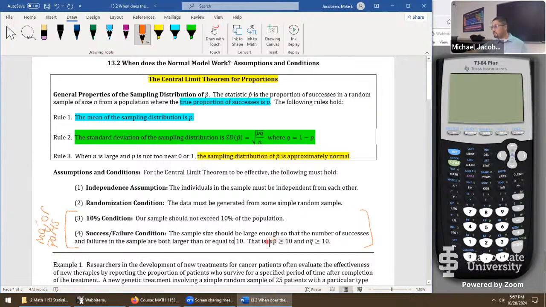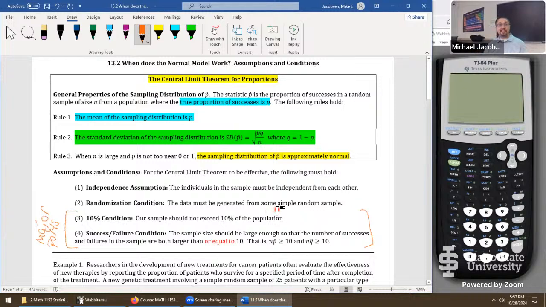If you're a person that likes formulas, that's what this is calculating. It's saying the sample size times the sample proportion of successes, n times p hat. That would just be the number of successes in your actual sample. And it has to be greater than or equal to 10. And as a second formula, this is the number of failures, n times q hat. That has to also be greater than or equal to 10. And let me highlight this right here in red, just to convey, if you printed out the notes, I just include this just to be a little bit more specific. We're allowing for 10 to be the cutoff. I think it was written in a weird way.